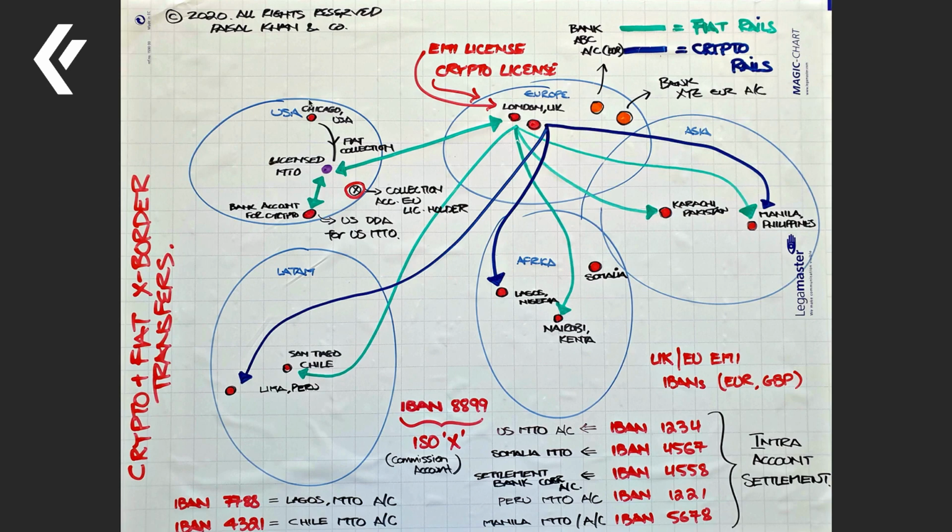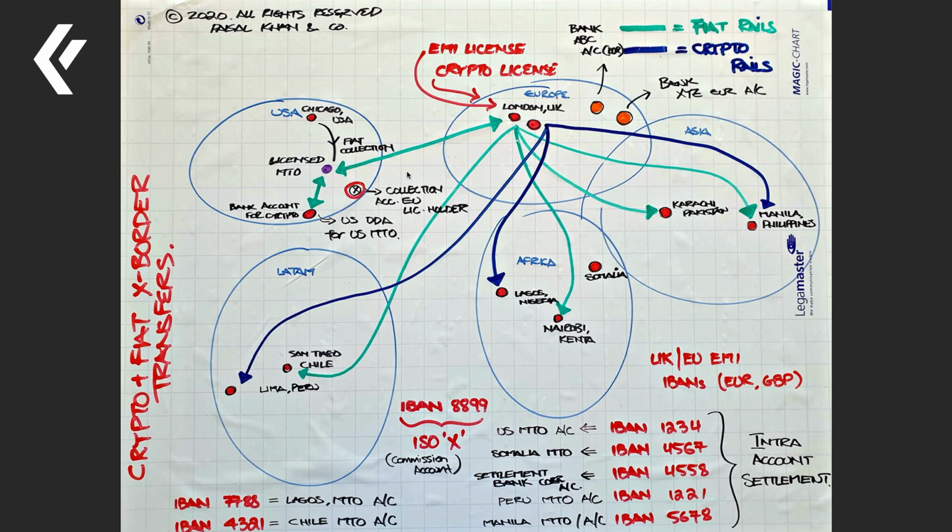In the USA, we have a consumer, a customer in Chicago, Illinois. We have a licensed money transmitter operator, let's say they're licensed in Illinois. We have two types of bank account. We have a bank account in a specific bank that will accept crypto-based clients. So this licensed MTO, this money transmitter license holder in the US, we will give them a separate bank account. This is a US demand deposit account for the US MTO. We also have another collection account in the United States that is for the EU license holder,